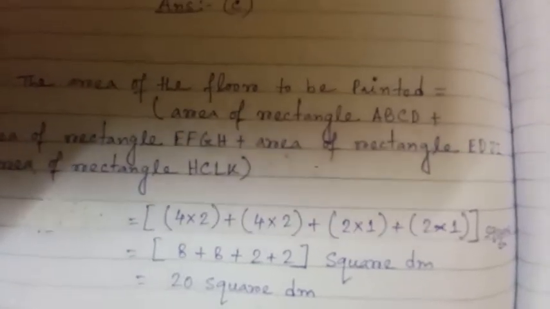Now the next part of the question is asking what is the perimeter of the unpainted portion, meaning this blank portion. You see this shape looks like a square, because two small squares are on this side, two on this side, two on this side, and two more on this side. So its shape looks like a square. So you use that formula, 4 into side, then you will get the perimeter of the unpainted portion.